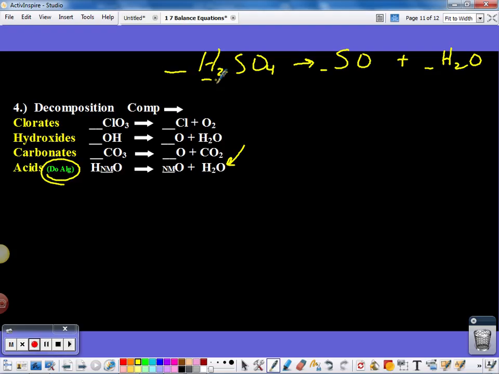Now, I have to balance SO. What's the charge of O? -2. What's the charge of S? -2. Can it be -2 and equal 0? No. Remember that these nonmetals can be forced to have a positive charge. If they're combined with an element that is stronger than they are, stronger electronegativity, then they can be forced to